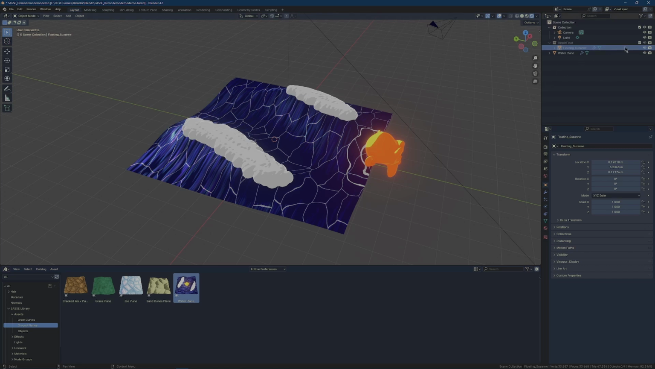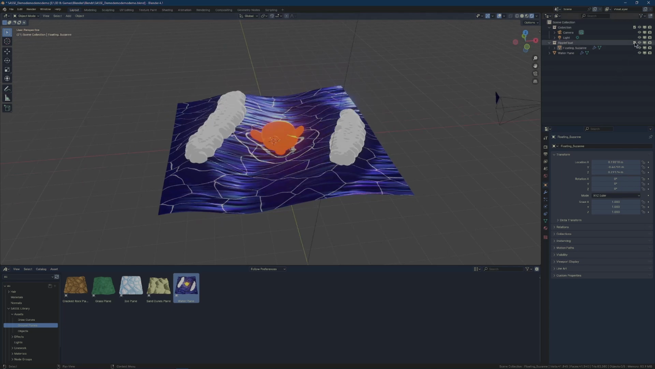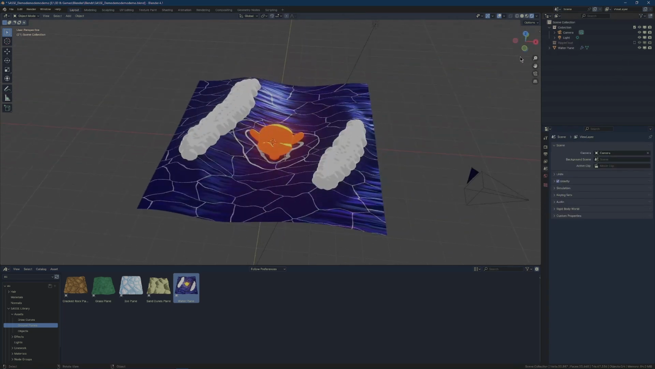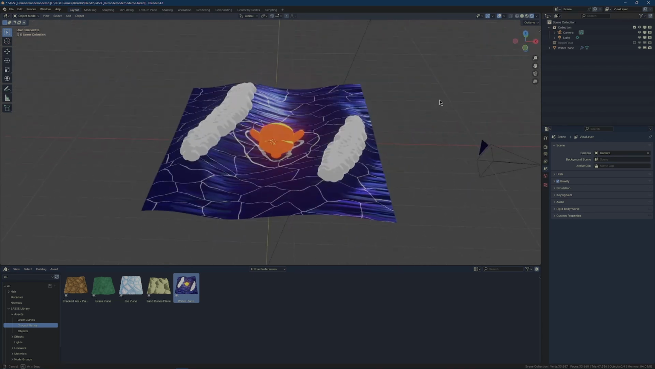So we're just going to make this collection visible for a moment. I'm going to get my floating Suzanne and just drag her into the water. So I can hide that collection again, because what's going to happen is any object that you put in the Ripple Float collection, you can hide, and the water plane is actually going to instance and then move along the surface of the water. So if we hit play,